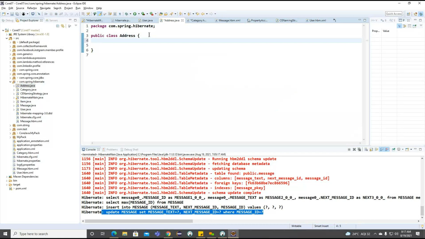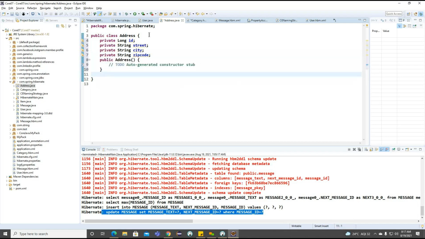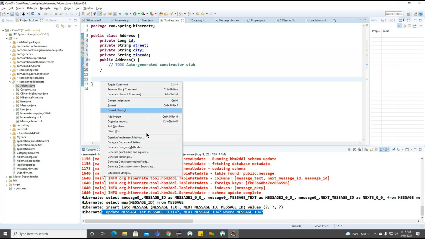So for example, private long id, private string street, and city, zip code, and a default constructor, right?